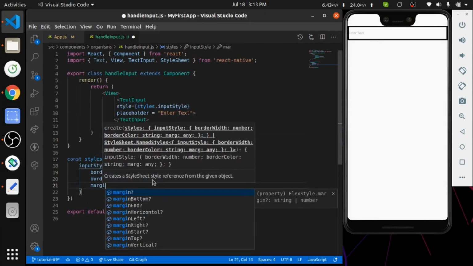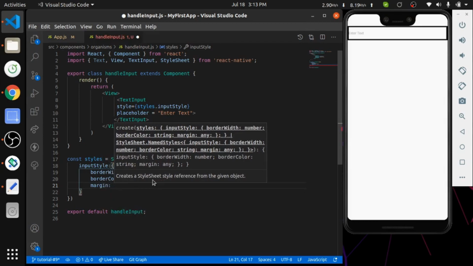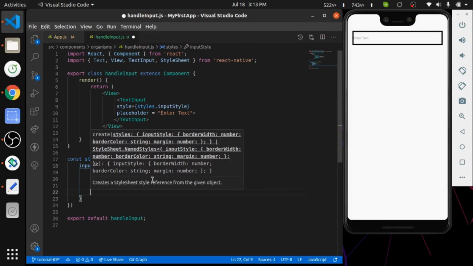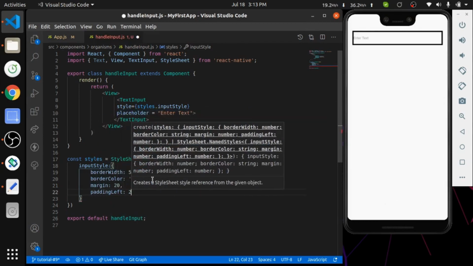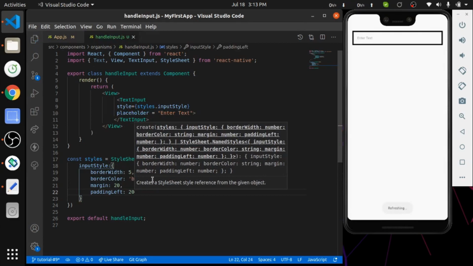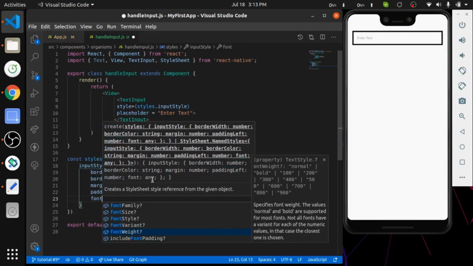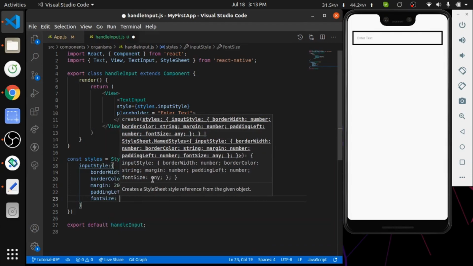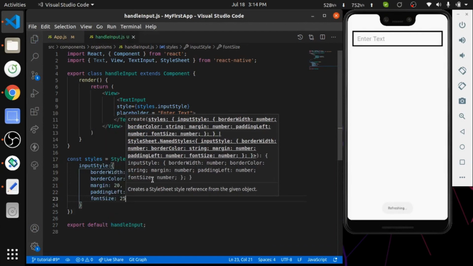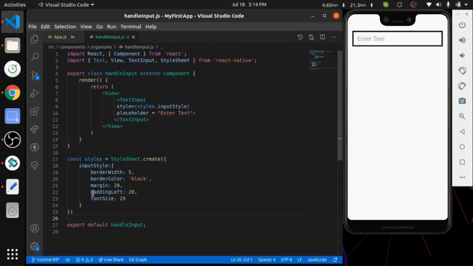I'm also give it margin 20, padding left 20, font size 25. I'm also giving style to the view.